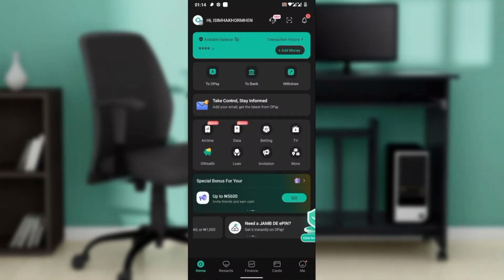Hello, in this tutorial I'll show you how to repay an OPay loan. Now, the first step I'd like you to take is to open the OPay app on your device and log in using your credentials. Once you're in, from the home screen, go ahead and check the center of the screen,